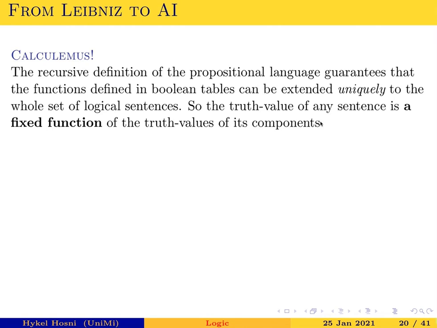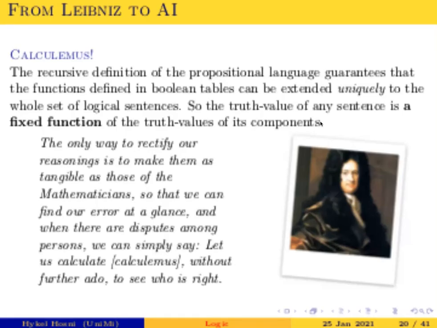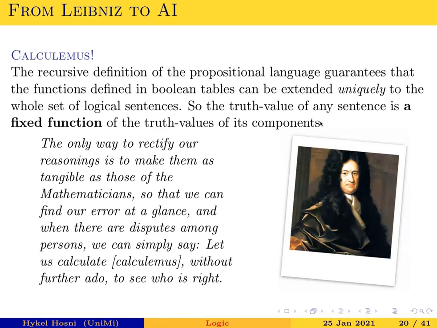But actually, what I just said about the truth value of any sentence being computable, being a fixed function of the truth value of its components, so really the Boolean table, in conjunction with the recursive definition of the language, is really the essence of a very famous quote by Leibniz,